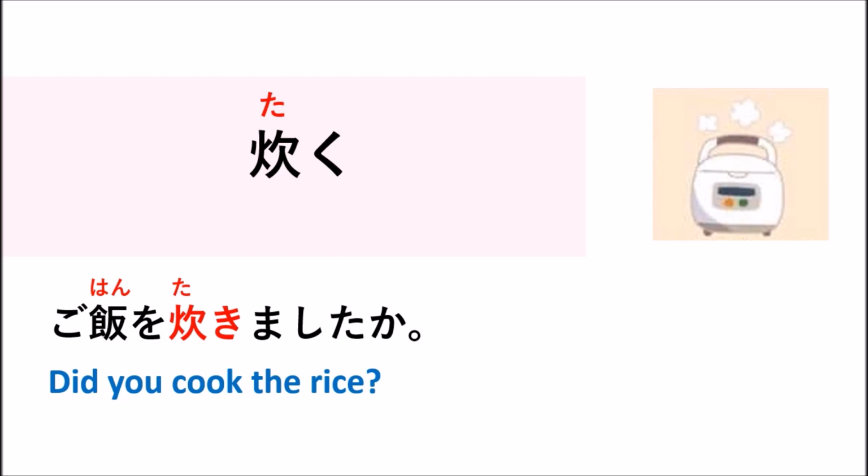Or you can say これはご飯を炊く器具です。which means it is a device for cooking, right? It is a device for cooking. This means you use that device to cook, so you can say これはご飯を炊く器具です。